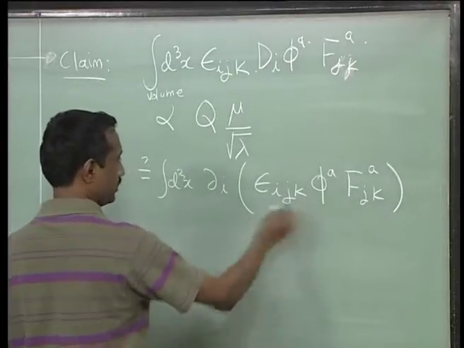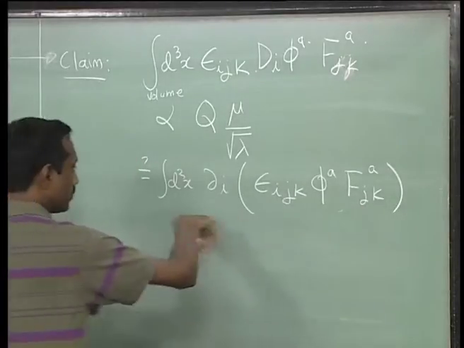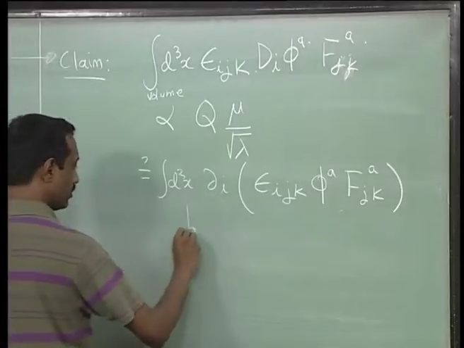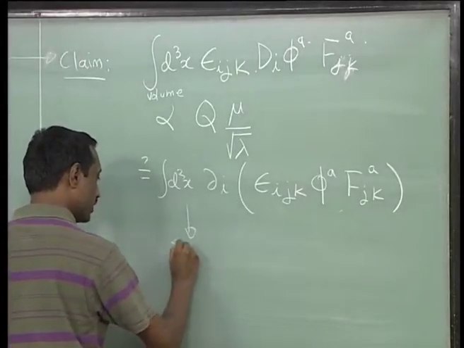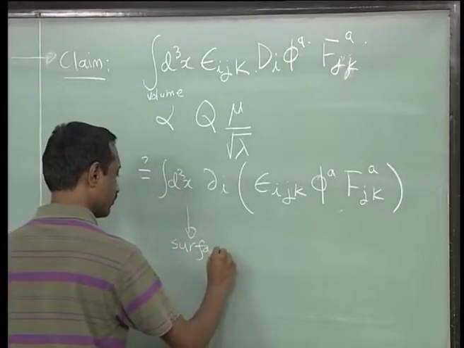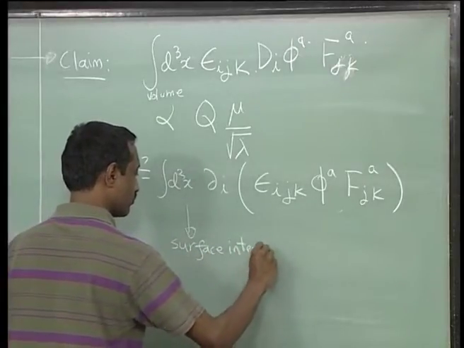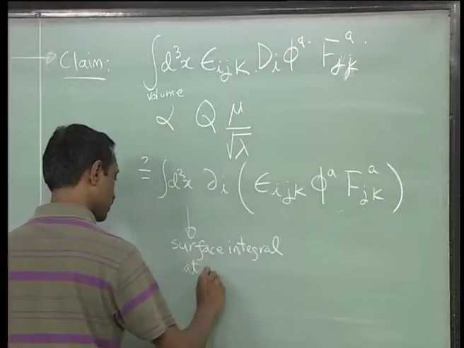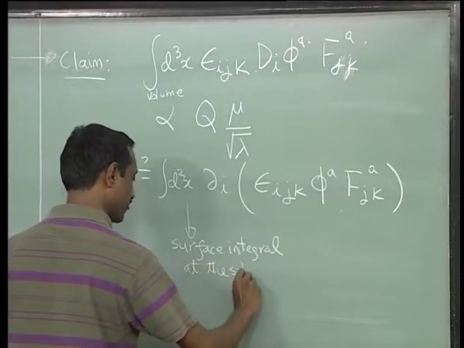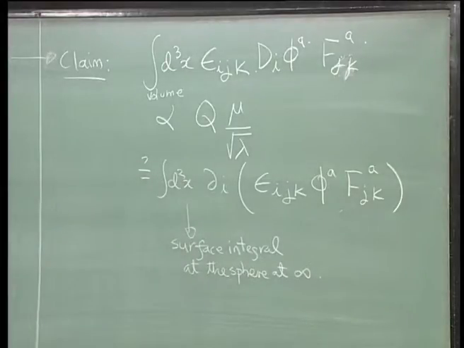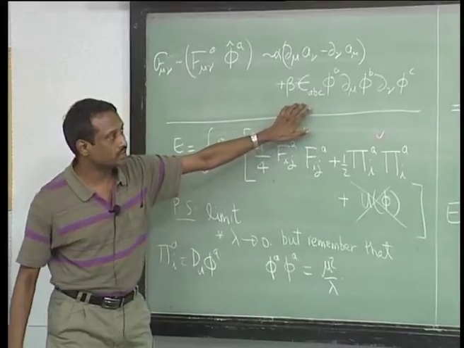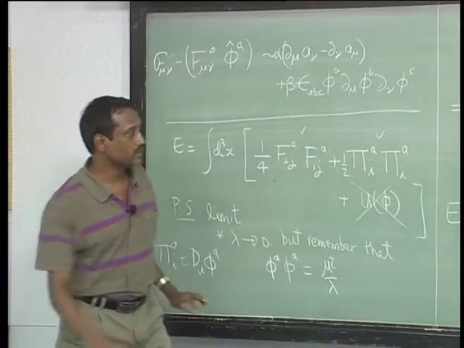And then this is the total derivative, and it is a surface integral now at the sphere at infinity, okay. And then we can just follow through this identification which we had, and it will show us that what we are getting there indeed is the